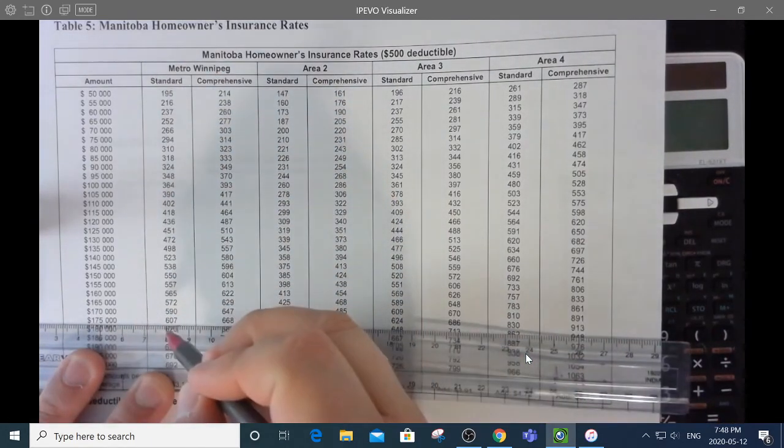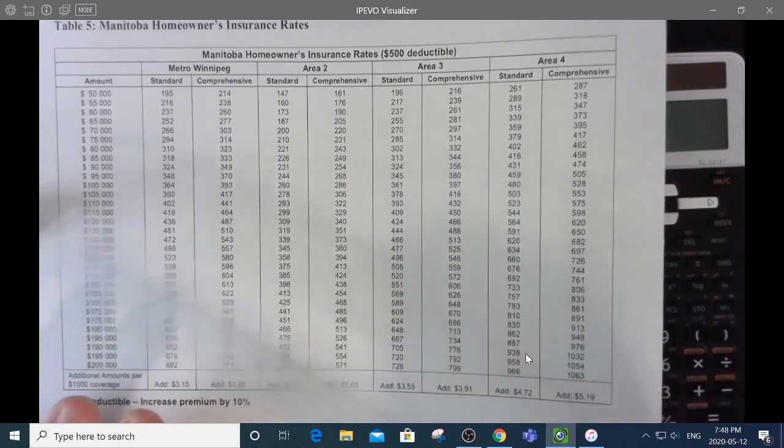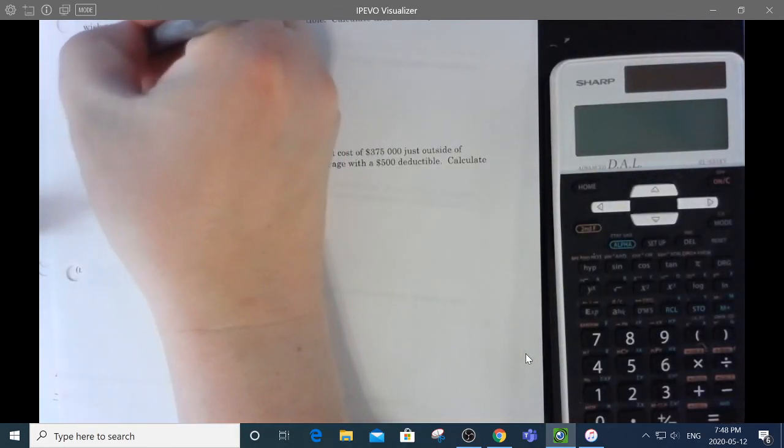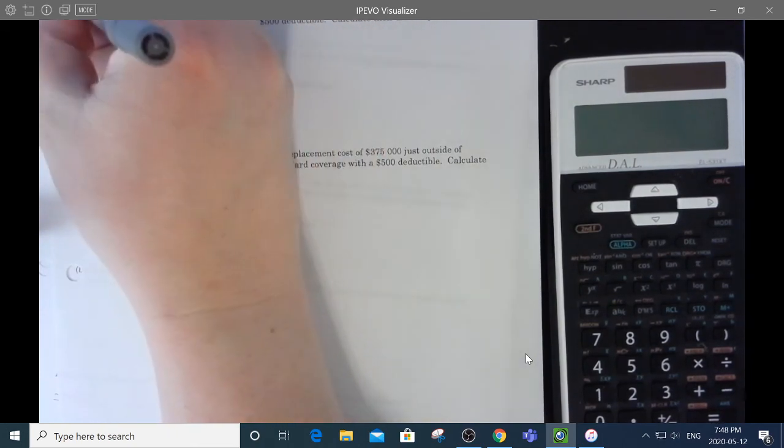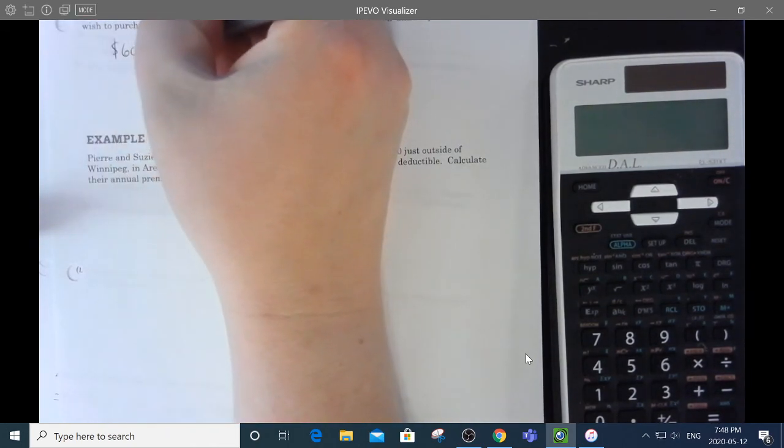$175,000 standard in Winnipeg, $607. So that's it. That's all you have to do, $607. You know what? To make life a little more interesting, I'm going to call that A. And then for part B, I'm going to say,